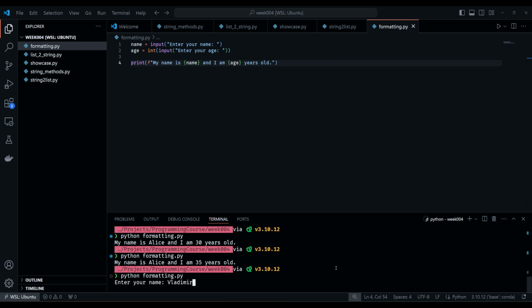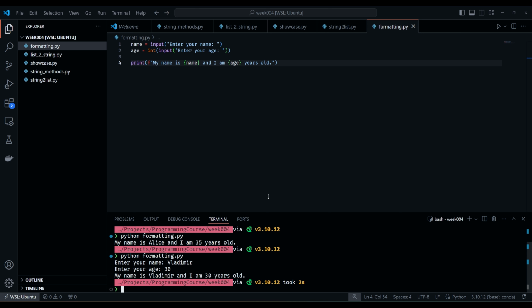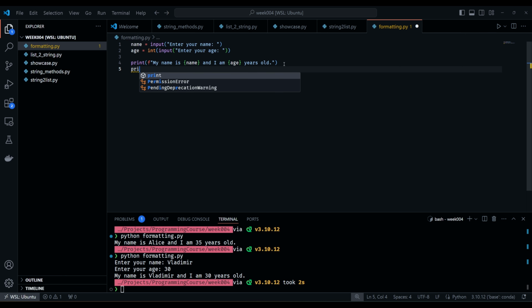So my name is, for example, Vladimir, and my age is 30, right? This is your string, and this is an example of the formatting, and it's very nice because otherwise, let's say that we want to achieve the same result without f strings, right? A possible way to do it would be